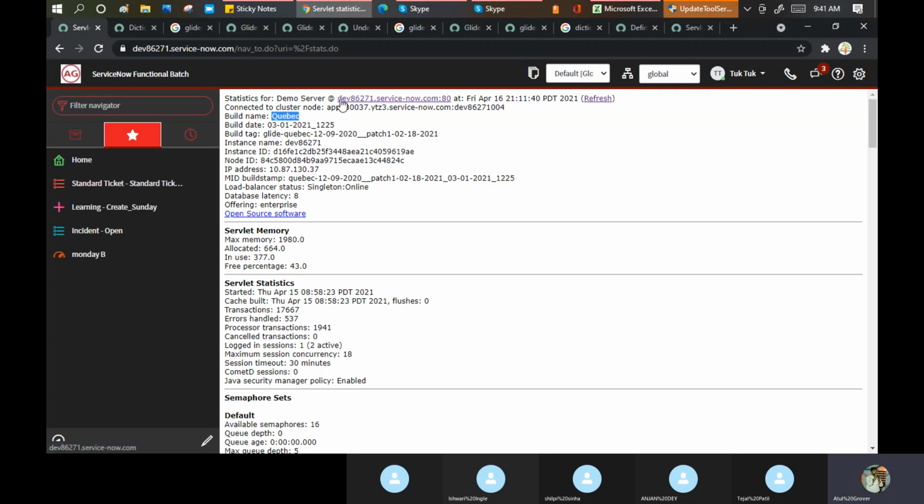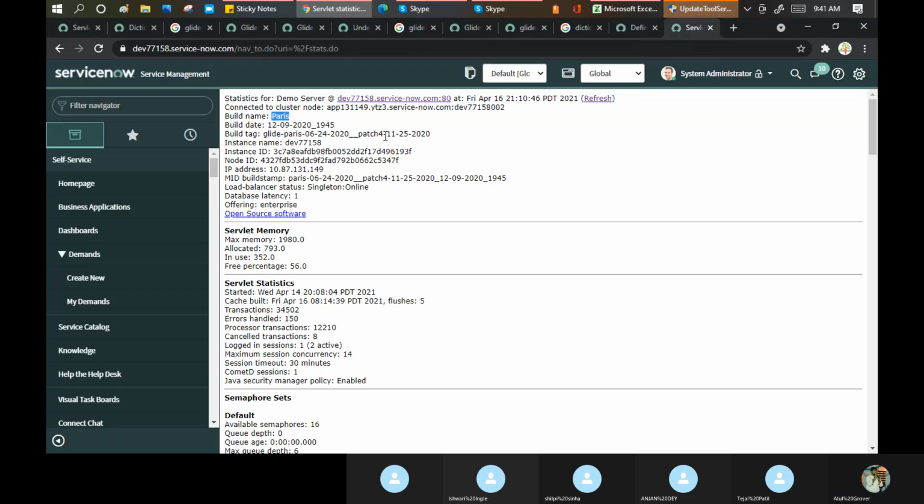This is my instance, this is my tag number, and I'm on patch number 1, which was released on the 18th of February. And here you see the patch number released on the 25th of November. So this is the first place you need to validate before you move your updates from dev to test. Make sure that both are in sync. Okay, clear?